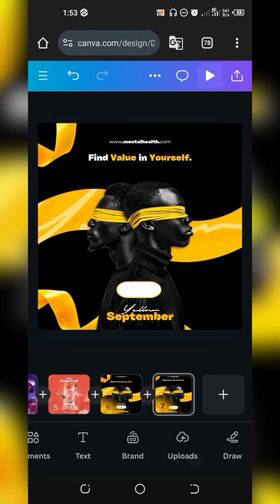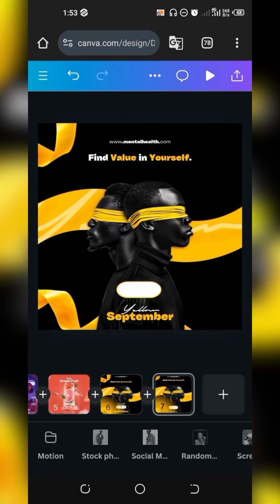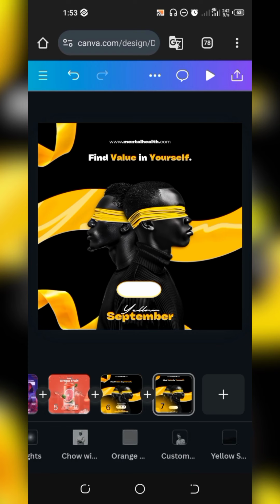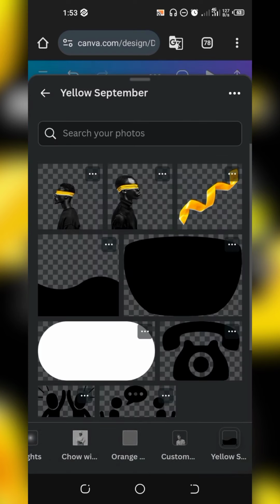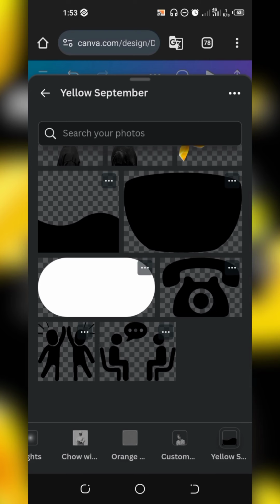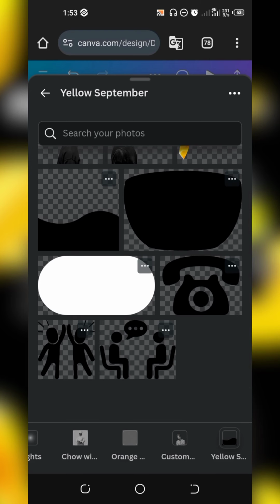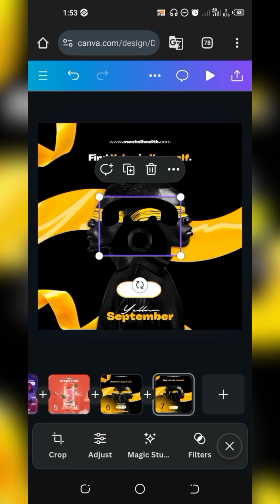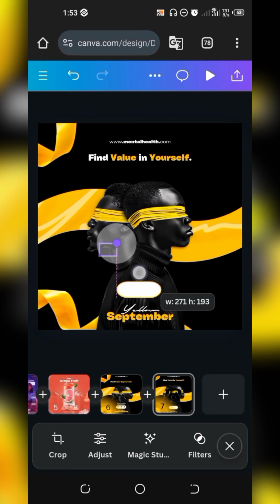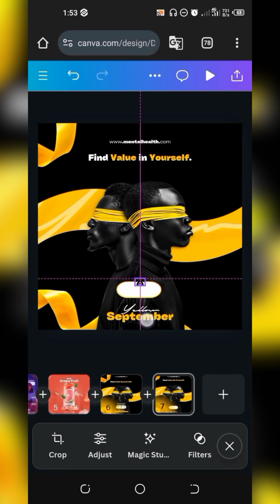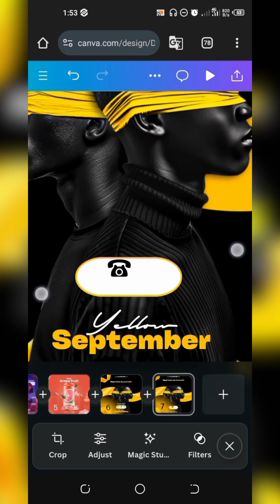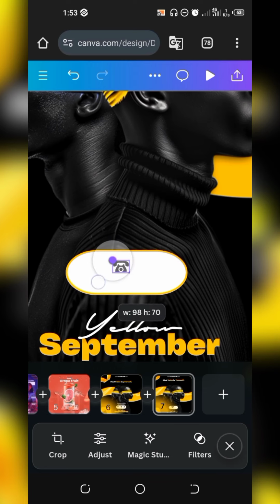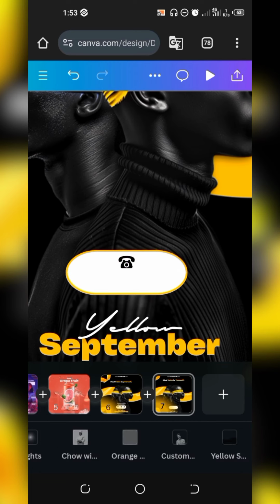So let's bring in the last things we want to bring in. You can still find them in your Canva elements. As I bring in each and every one of them, I'll tell you how you can find them in your Canva elements too. If you want to get this, all you have to do is type phone in the Canva element section. I will also make these icons available in the link to the resources, so that if you are using a free version, you can still get access to this design. So not to worry.